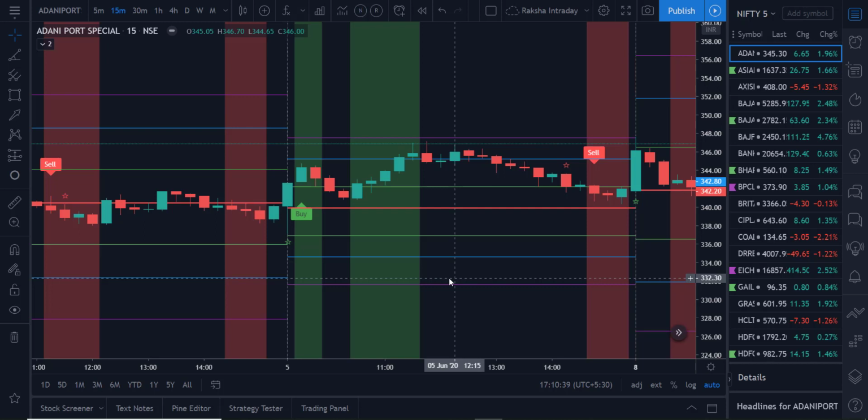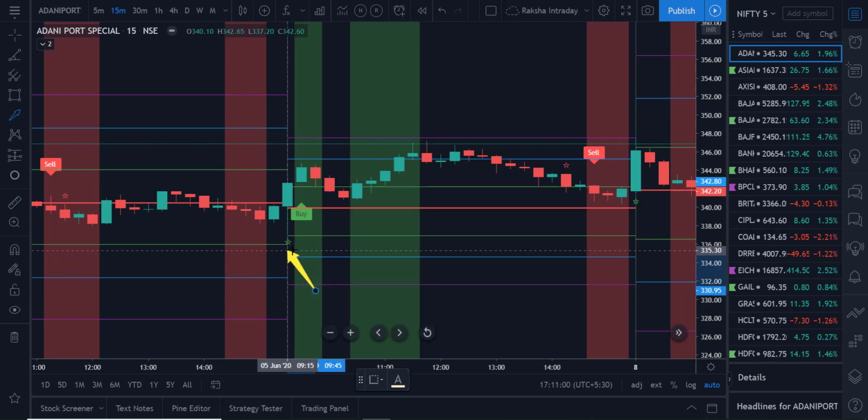So for a green zone, of course, there should be a label for sure for the entry. The buy label or sell label must be in particular zones. For a buy it should be in the green zone and for a sell it should be in the red zone. So the setup is, I'll just mark it for you guys.